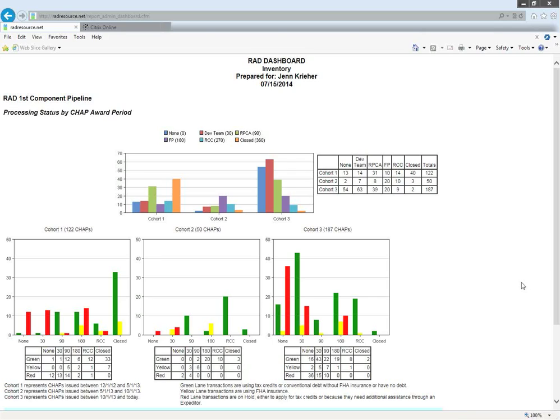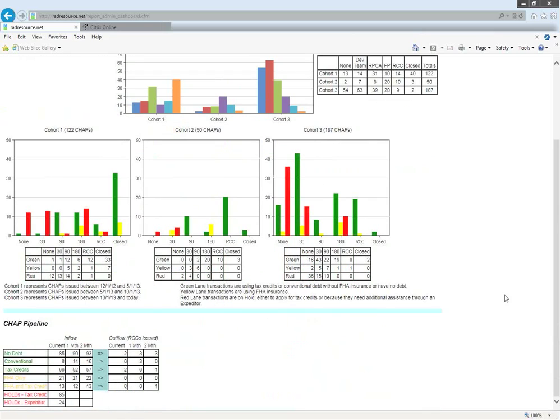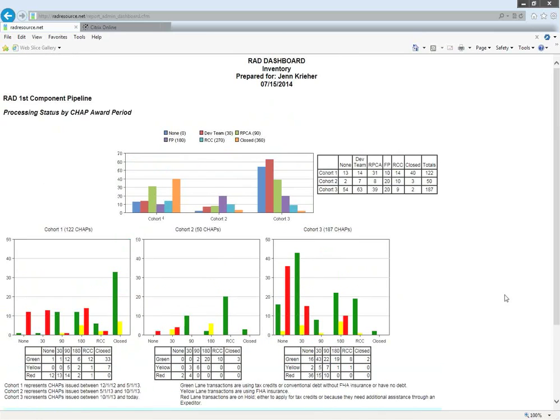So I'm going to just spend a little bit of time on this. Now, this is the overall inventory report. The division level, team level, and transaction manager level report all look the same on this first page. And so when you pull up your transaction manager report, you will have a report just like this. The first is a histogram. It shows an overall